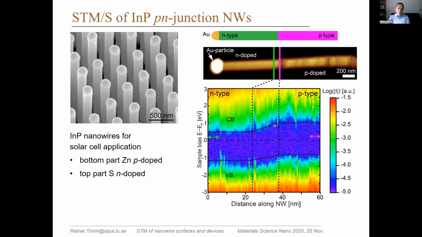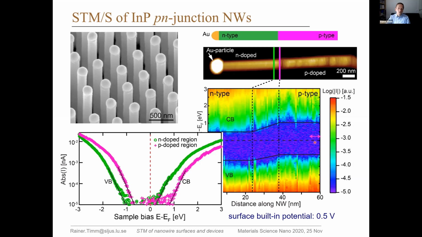If we zoom in and take many tunneling spectra and plot them point by point, so that we see the density of states at each position in energy, and do this across the interface, across the PN junction, we can visualize how we get the transition from n-doped, with the Fermi level closer to the conduction band, to p-doped, with the Fermi level a bit closer to the valence band. But you can also see it doesn't look strongly doped here. The Fermi level is still within the bandgap, and we have here 2 examples of spectra